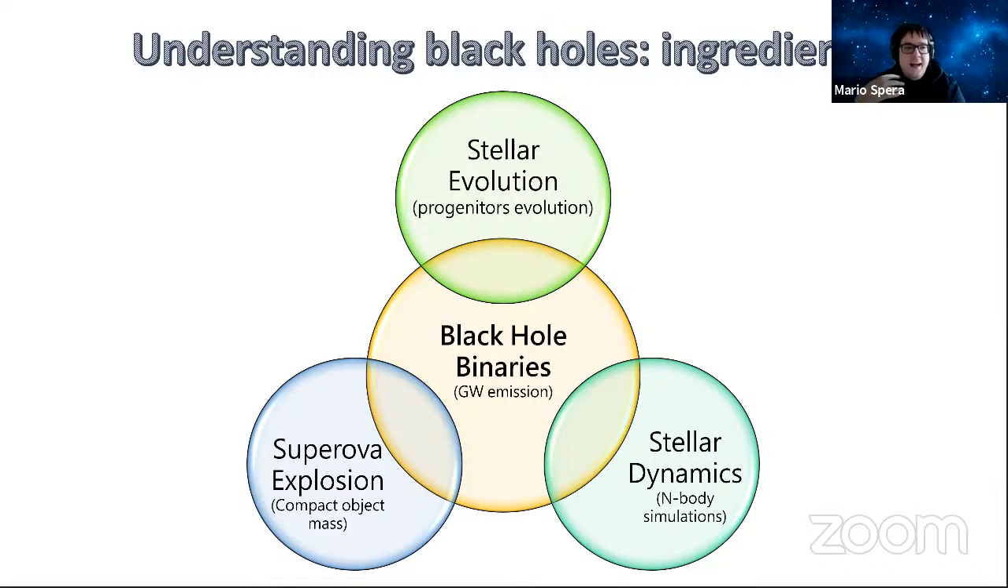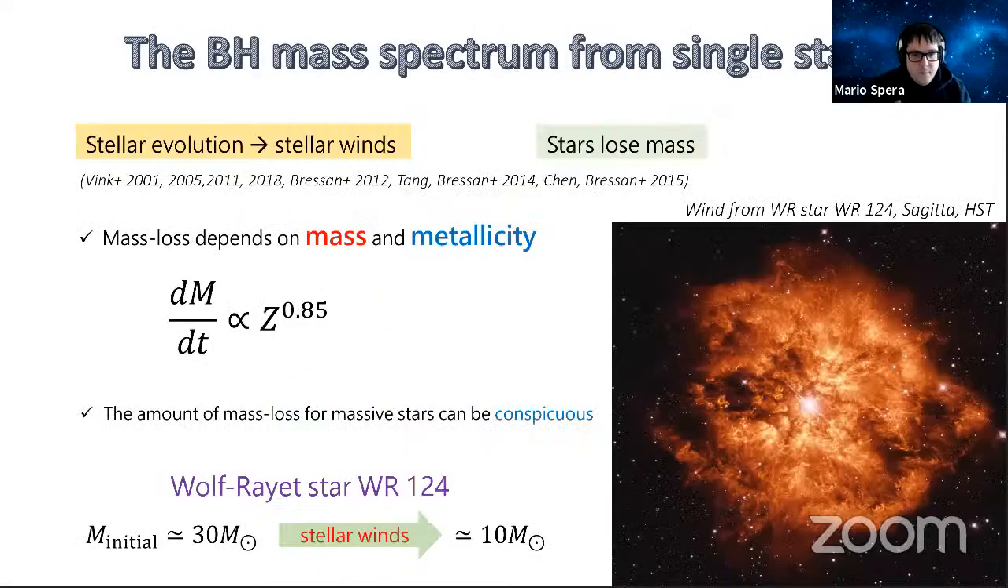Unfortunately, I do not have time in this talk for an in-depth discussion on each of these aspects, but I can show you how crucial all of them are for the formation and evolution of merging compact object binaries. Let's start from the evolution of single stars. Okay, specifically,